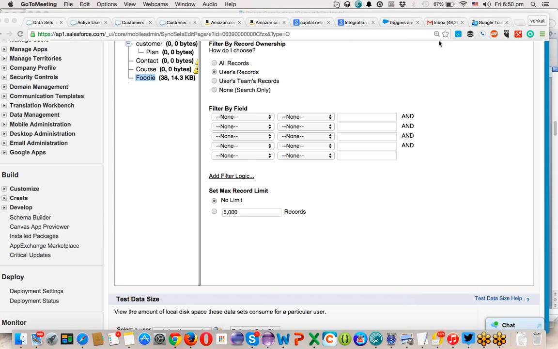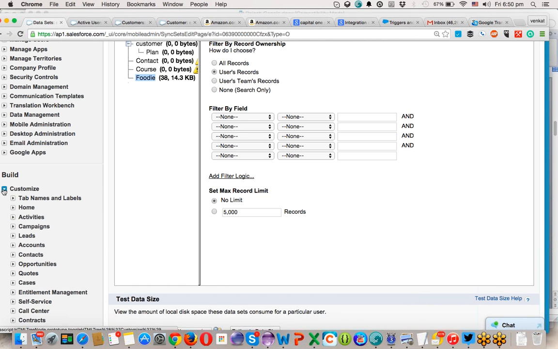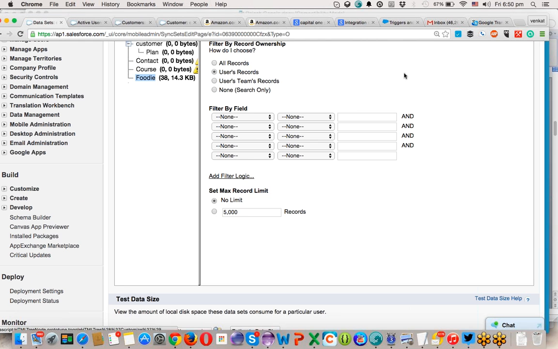I think with that the admin part is done, right, with the content administration. Again, web to lead and web to case is not part of the administrator content. It's part of developer concepts. It's part of customization in the first option, the build. You can see this option inside this customize. It's available. I'll share